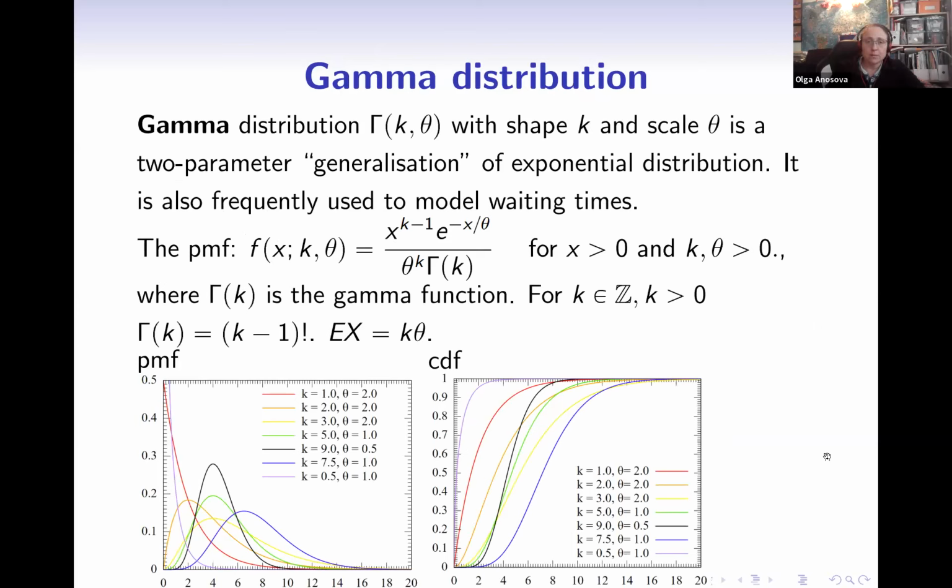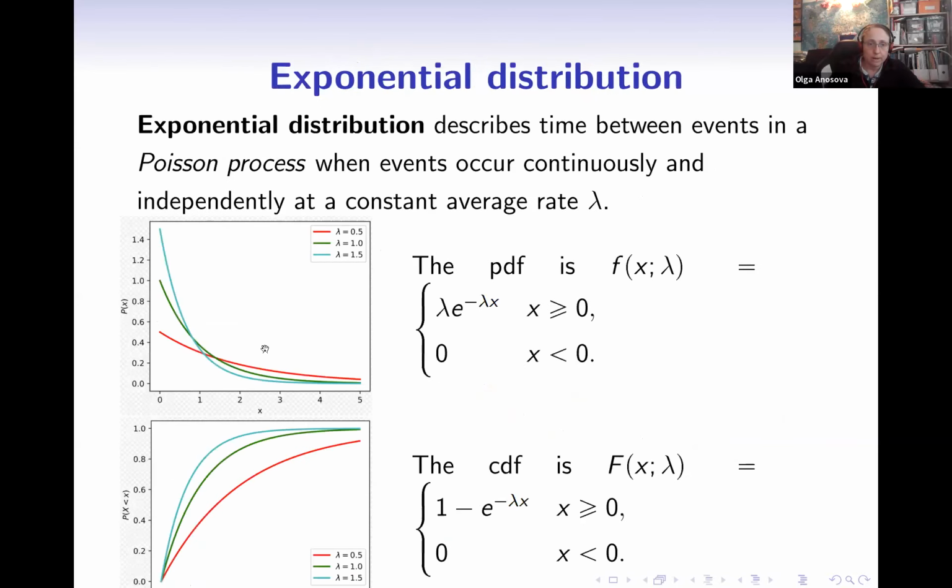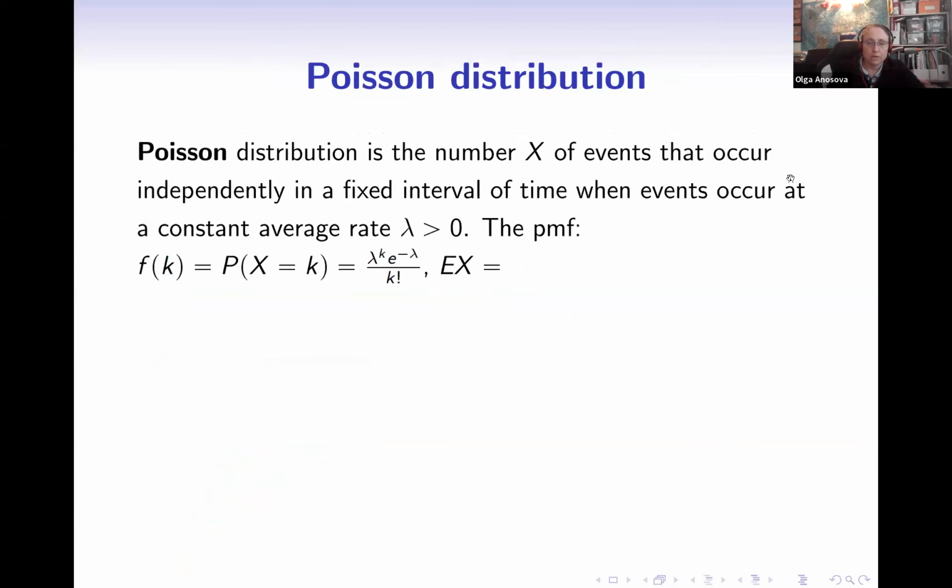So the next one is the gamma distribution. And in fact, it's a kind of generalization of the exponential distribution. So if you remember the meaning of the exponential distribution, you can get a feel for what the gamma distribution is. Let me compare the pictures by moving a bit back. For the exponential distribution, the most interesting thing was the density, yeah? And it was steadily diminishing from a large number to smaller and smaller, a smooth function like that.